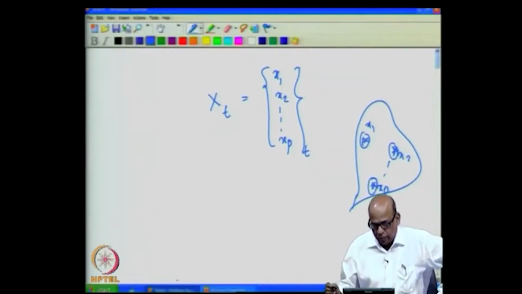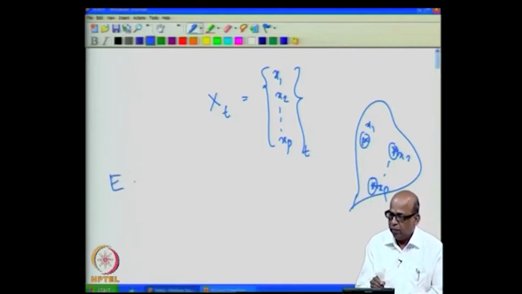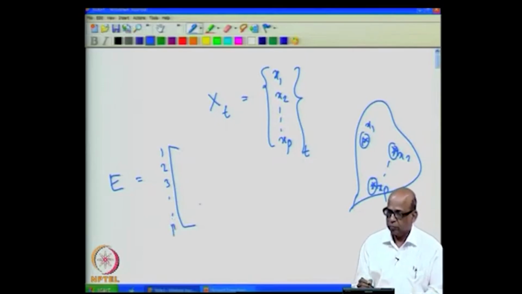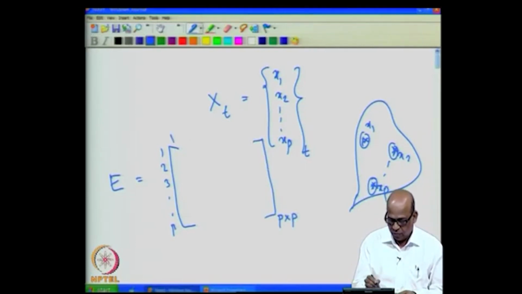The E matrix can be written as: we have sites 1, 2, 3 etcetera up to p, and therefore, you will have those many autocorrelations, you will have a p by p matrix 1, 2, 3 etcetera up to p,